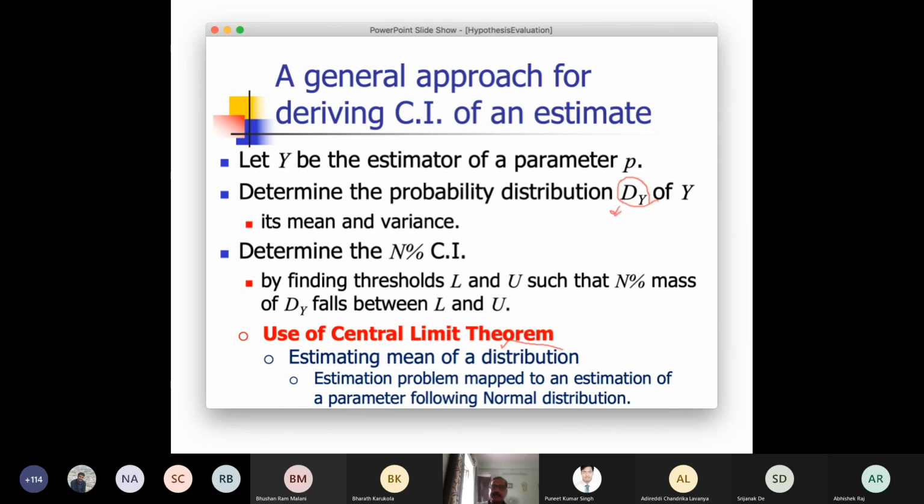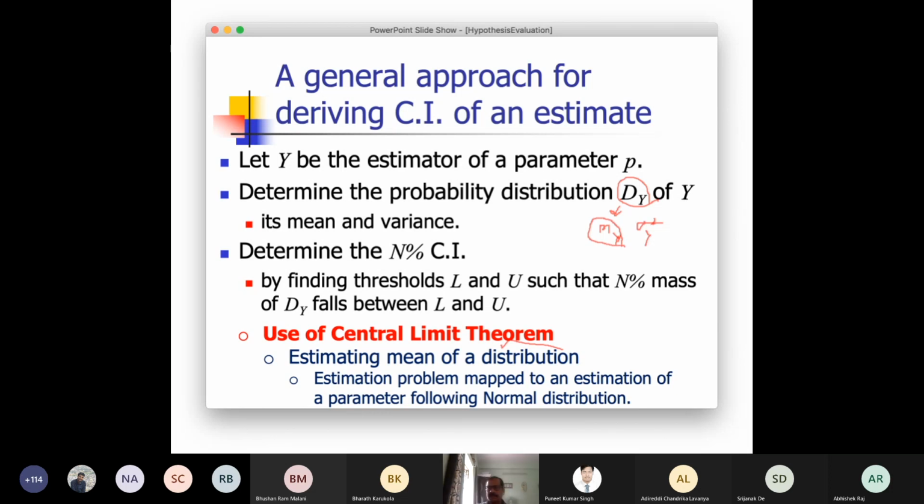Let us consider y has a mean, say mu, and a variance, let me write it as sigma square. Let us consider this distribution has this. Now, when you are estimating mu itself, then actually it follows